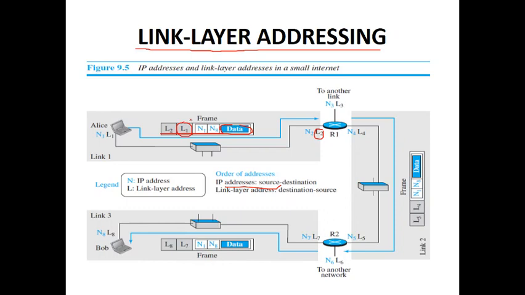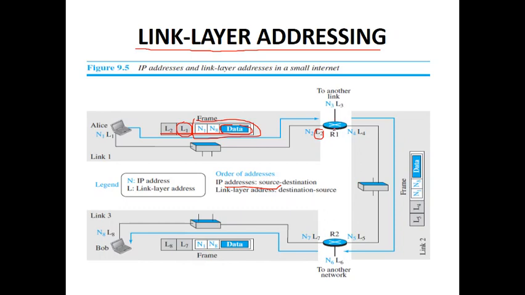So we have to remember this. So after adding all these things, this much is the entire datagram I received from the network layer. Before I deliver it to the next device, the data link layer will be attaching the receiver link layer address and source link layer address. Then it will be delivered to the next device. According to this address, this frame will be received by the L2, that is, this router.